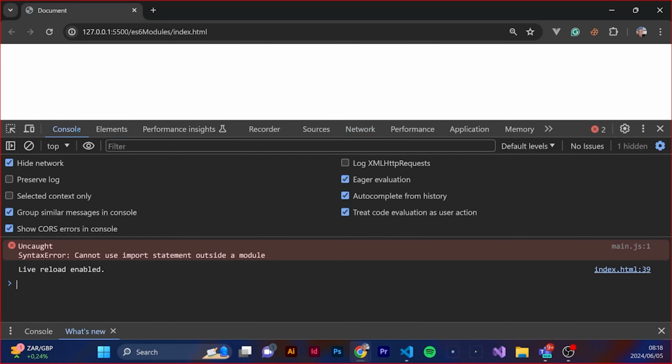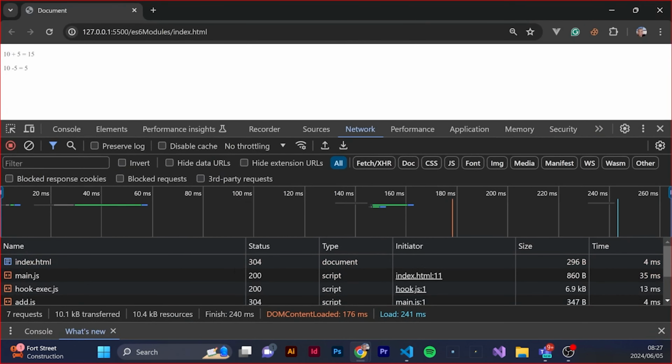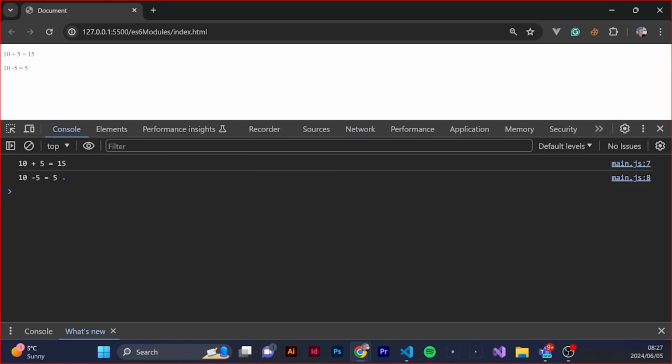So it's all about separating your functions into smaller chunks. Okay, so I've got a syntax error here. Have a look here. If we say math and then this add.js. Oh, I see what's the problem. We didn't put the extension there. Okay, so that's the reason why it's actually not found. So you must actually make sure that you put the extension. Now, if we go and preview it, then we can actually see the results, both on the console and also